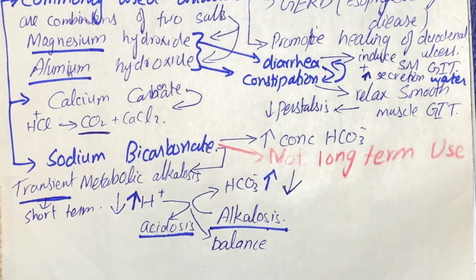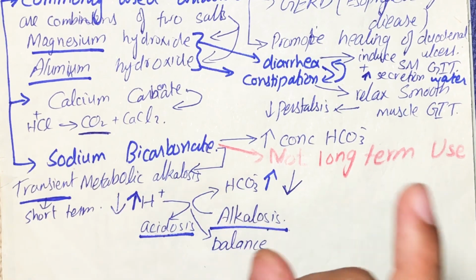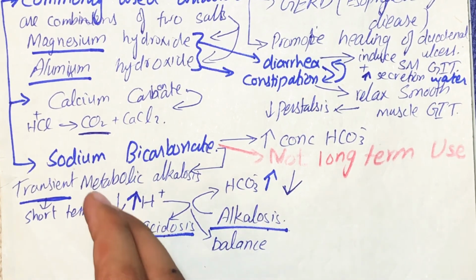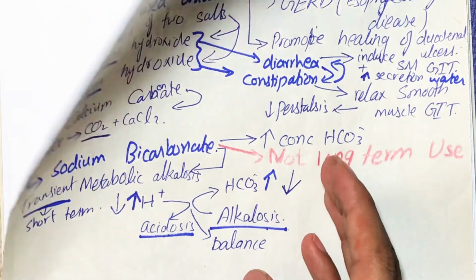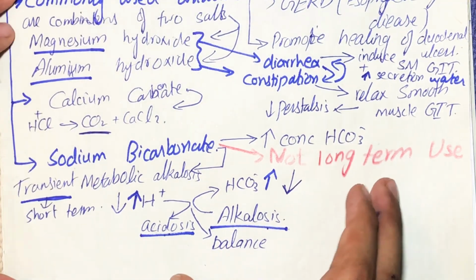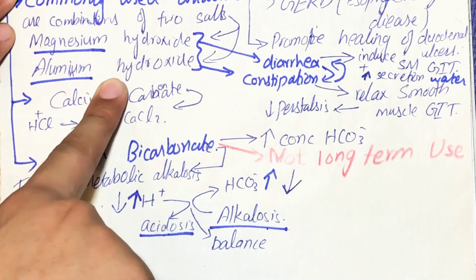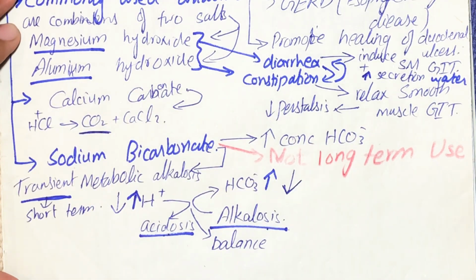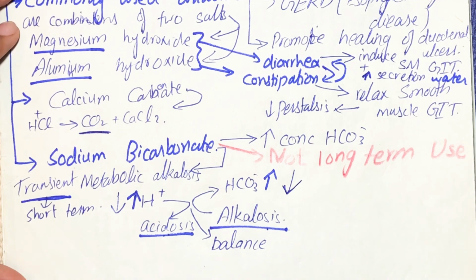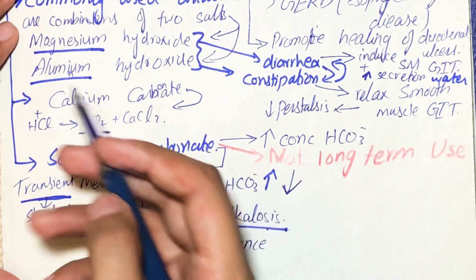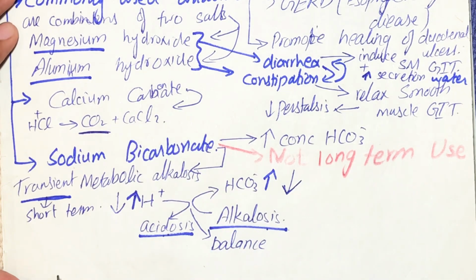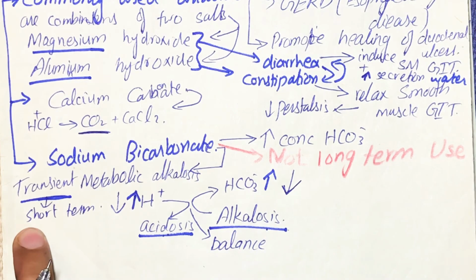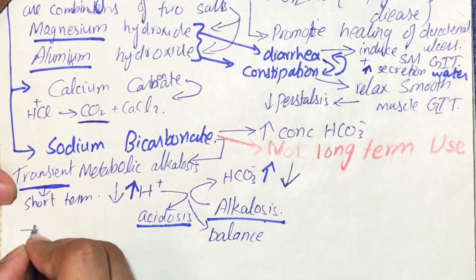So in adverse effects, we can write that magnesium hydroxide can cause diarrhea, whereas aluminium hydroxide can cause constipation when they are taken alone. But here we are talking about the combination, so we are not writing any adverse effect. But you can write in antacids that this is the adverse effect of magnesium hydroxide and aluminium hydroxide when they are taken alone. Other than this, cations